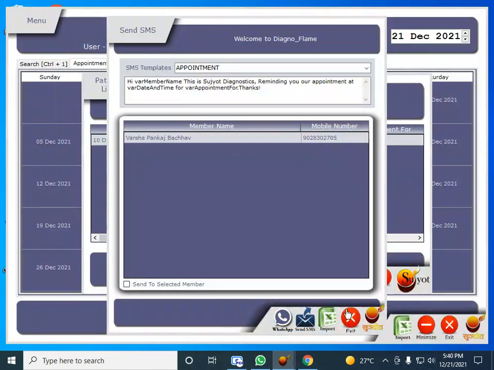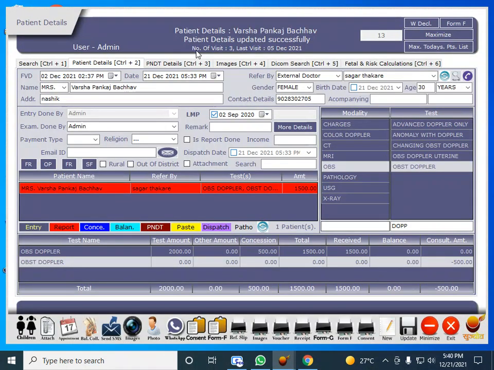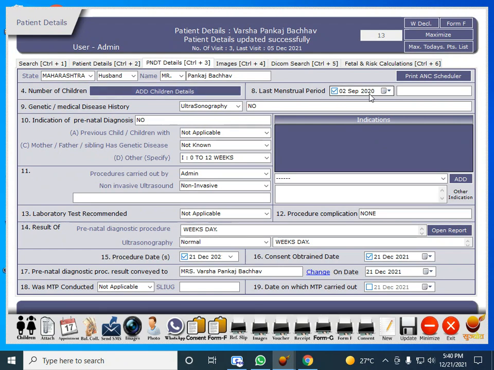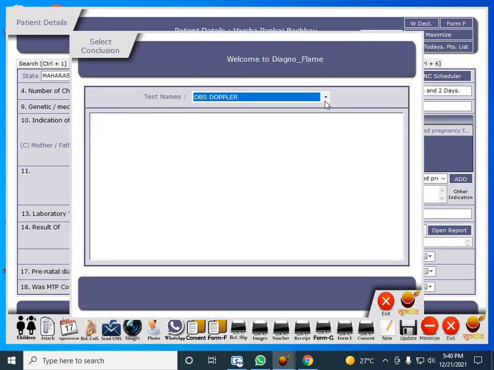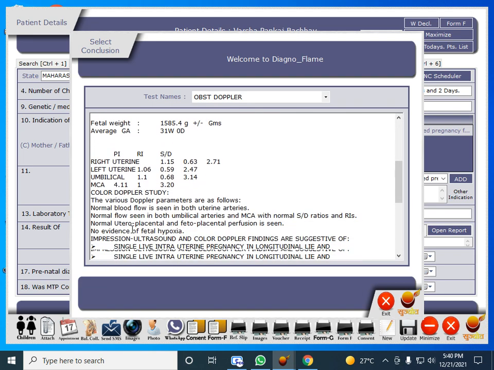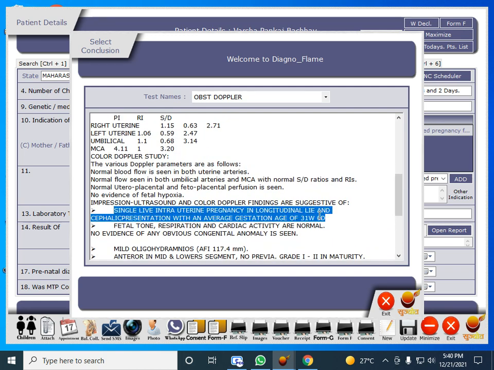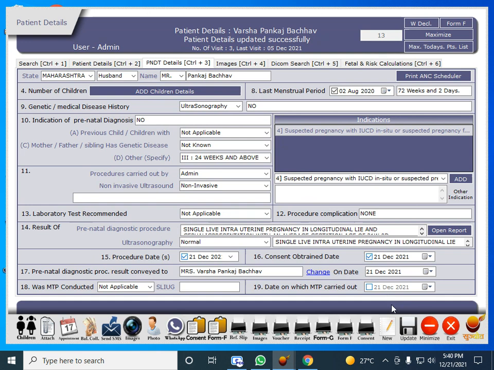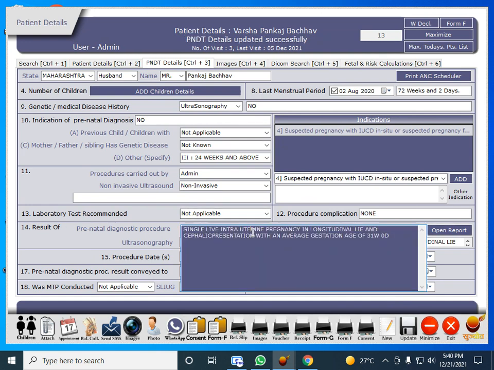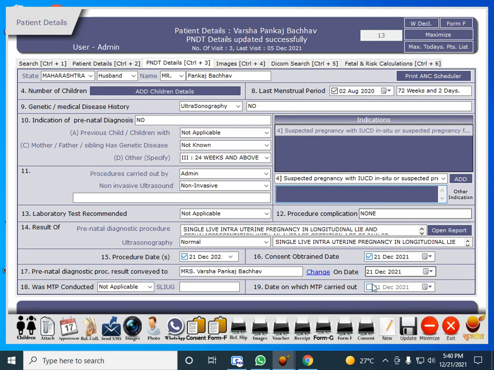Now, after that, if you want to fill a form on the government website, just go to the PNDT details button. Here, you have to put just two, three values. One is your LMP, second is your indication, and third, press this open report button and select the impression from this report. It will come automatically in the 14 number section, and after that press this format button.